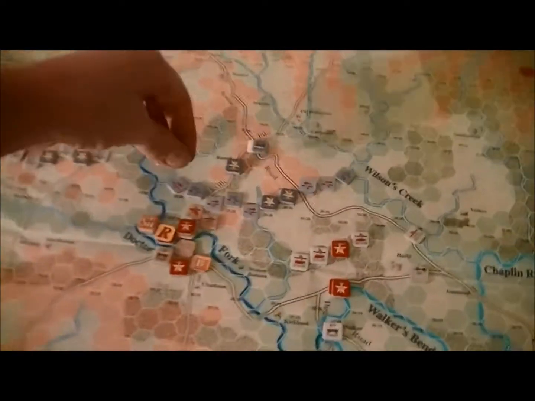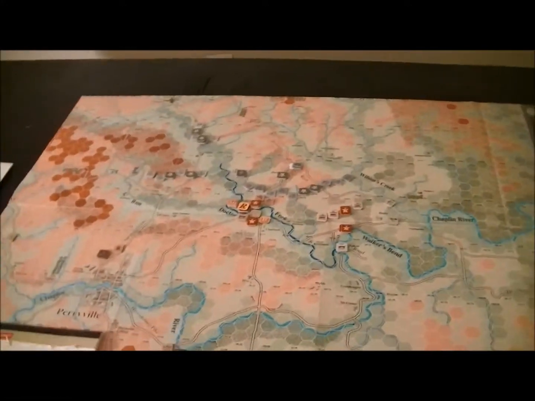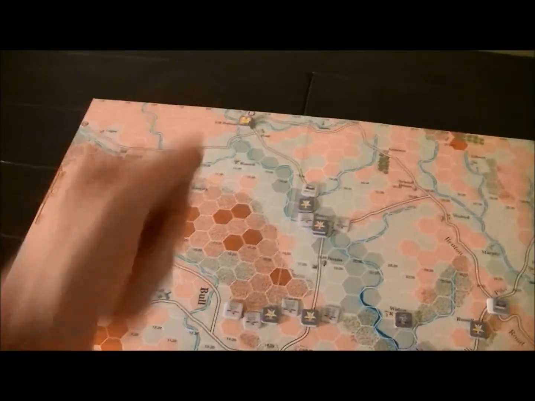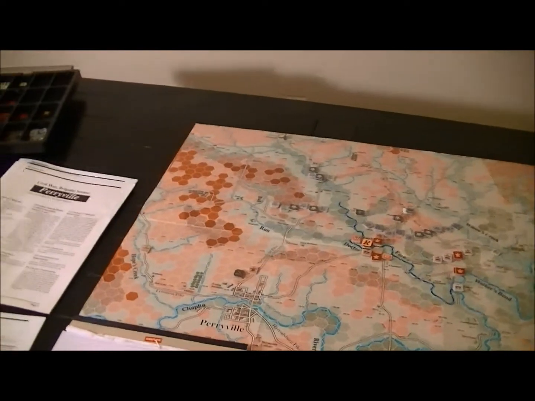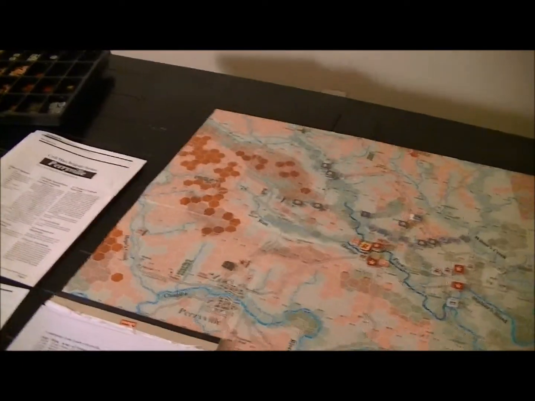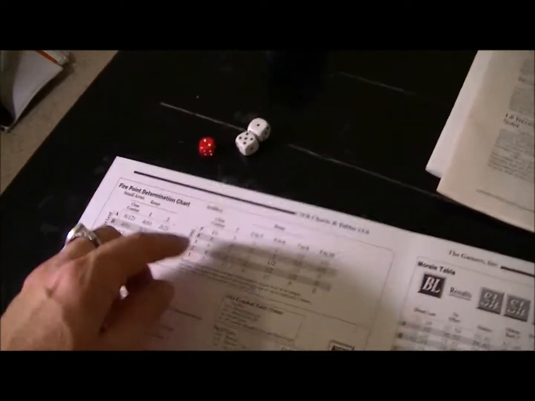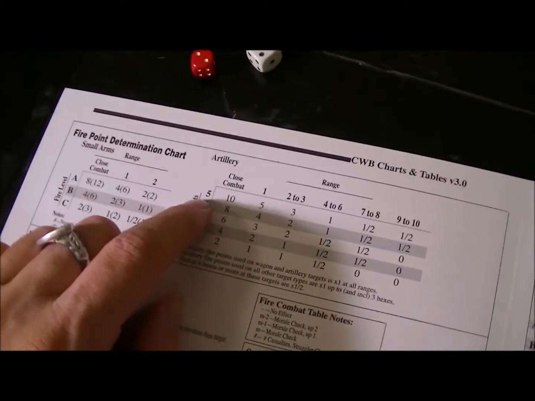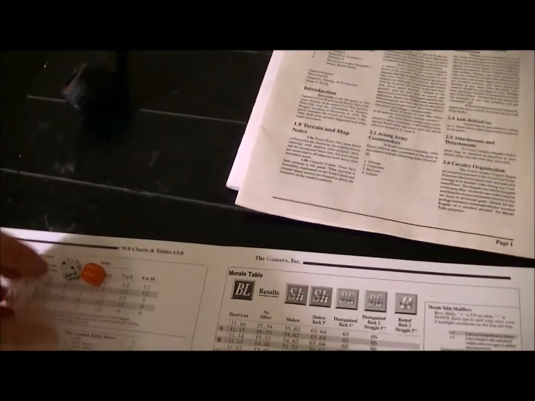The second fire I was going to do is the artillery here. Artillery I always have to fire ammo for. In the game, as long as I can trace a line back to my, not headquarters, but my army supply wagon, which is back there, I'm okay. I can expend a round. So now I have, this is a different chart for determining firepower. 5 guns at a range of 1 gives me a 5 combat value. And I'll be rolling the same kind of thing